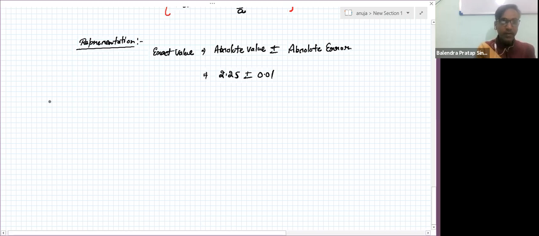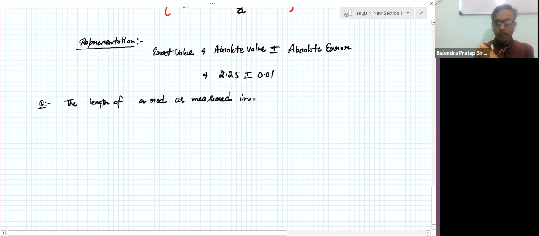The first problem is: the length of a rod as measured in an experiment was found to be